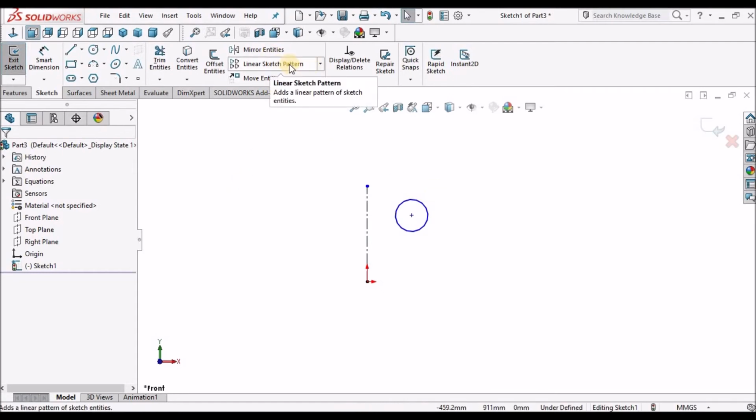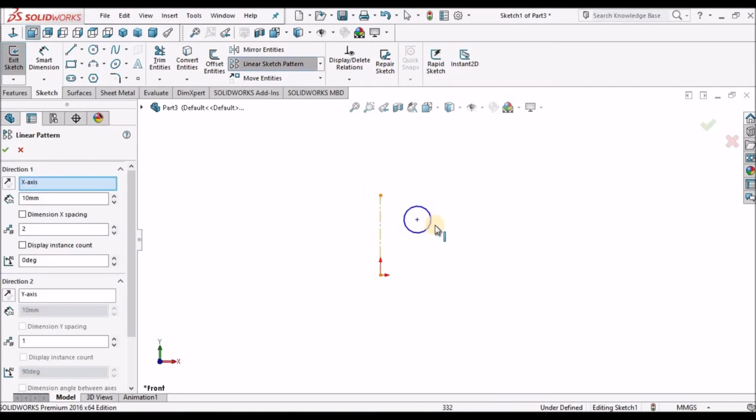In the same way, linear pattern. If I want to pattern a number of holes, for example, I can click this entity and make it 150, 300.